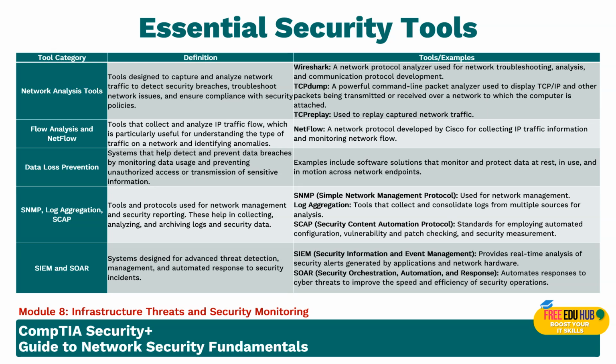These are tools that can collect and analyze the IP traffic flow, which is particularly useful for understanding the type of traffic on a network and identifying anomalies in it. They are designed to capture and analyze the IP traffic flow, helping the organization understand traffic patterns and network usage. By analyzing the flow, administrators can identify anomalies, optimize network performance, and detect security breaches based on irregular traffic patterns. It's a protocol designed by Cisco to collect IP traffic information for monitoring, etc. Then we have DLPs, which are data loss prevention systems that help detect and prevent data breaches by monitoring